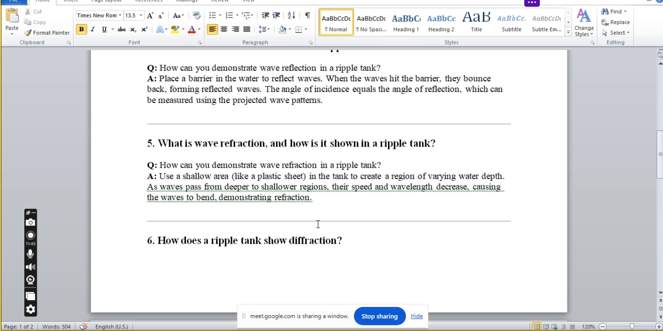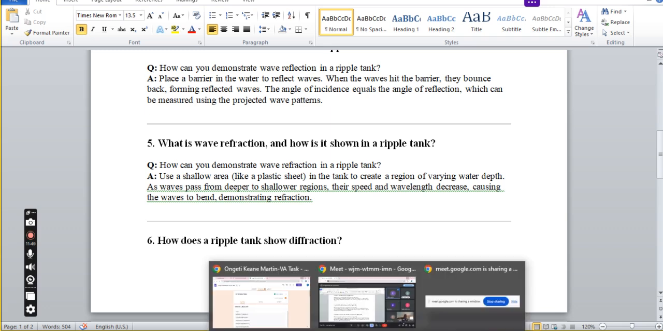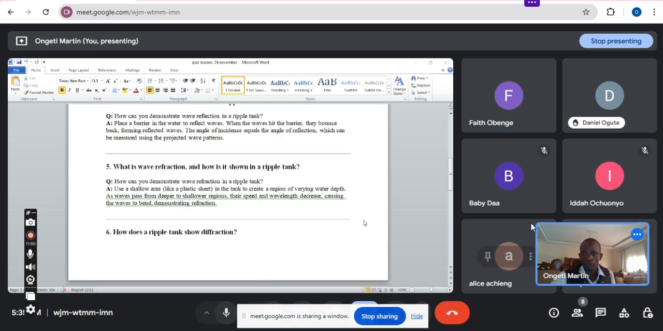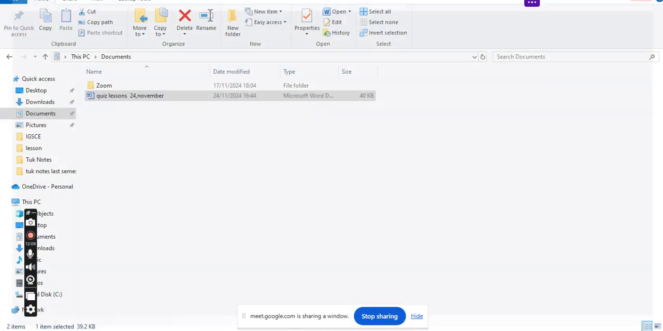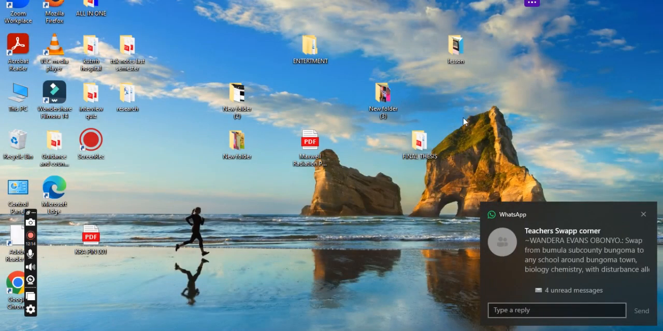Then let's look at number 5. Diana, read for us number 5, Diana. What is a wave refraction and how is it shown in a ripple tank? So just a minute. Wave refraction, all those ones, we are going to look at them within this lesson. So I don't want to cover that. So I'll take you directly to what we are supposed to cover today, which is